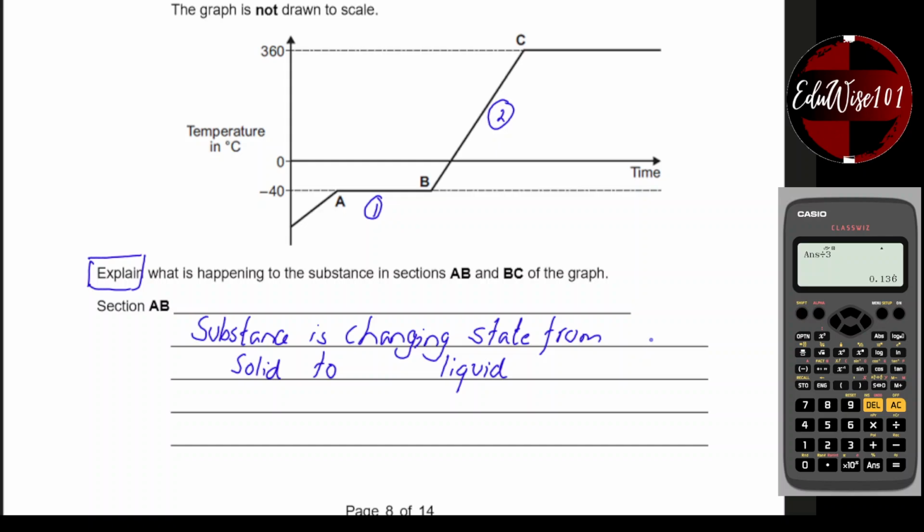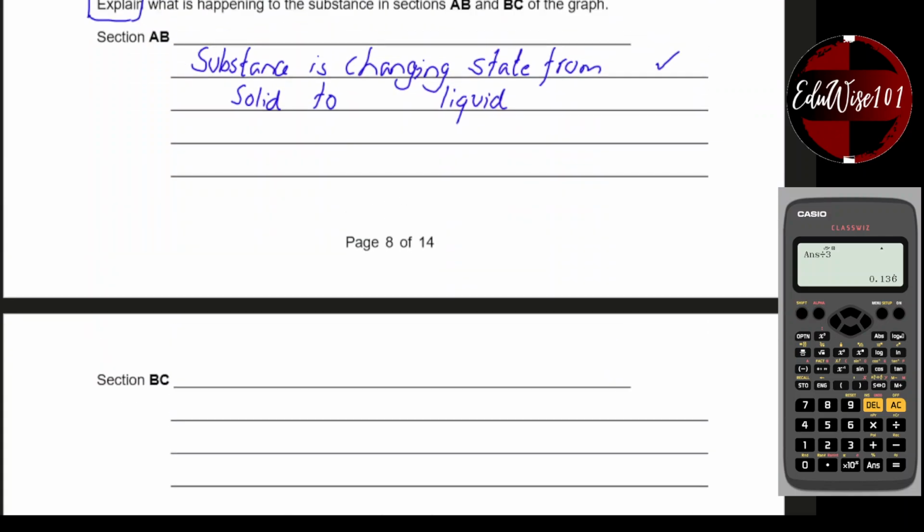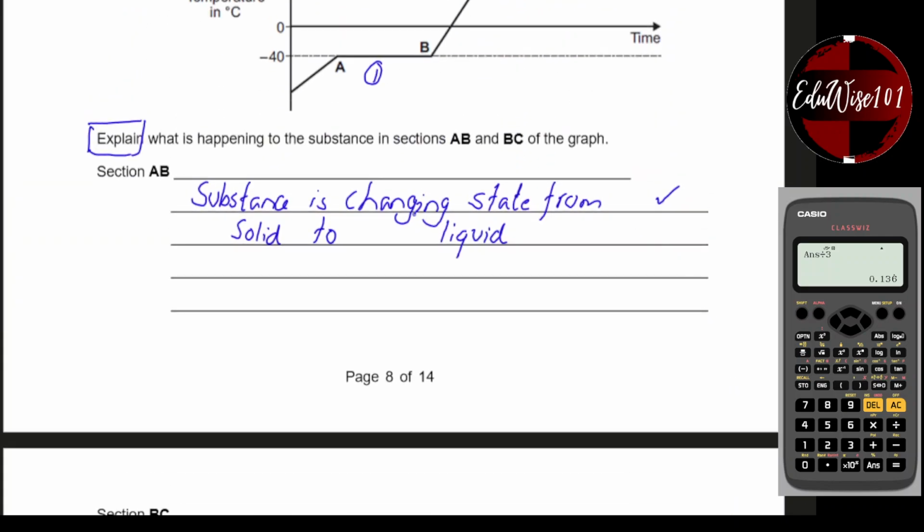Now that is just one mark to say that it's changing from solid to liquid. This question is actually out of 4 marks, so you should be getting 2 marks for talking about section AB. So you need to write one more point, right? What is actually happening to the temperature? The temperature is not changing. So we could say, at a steady temperature,